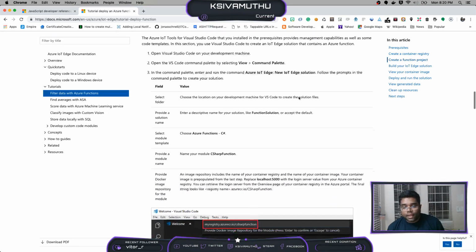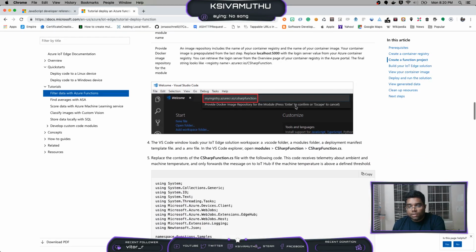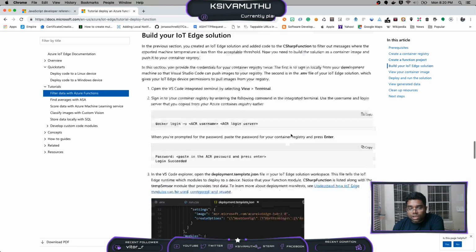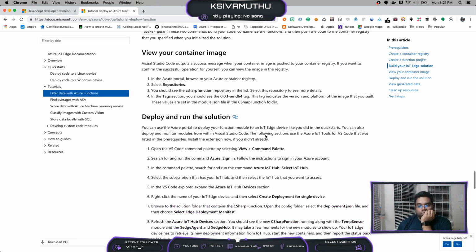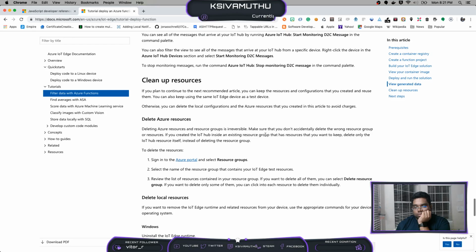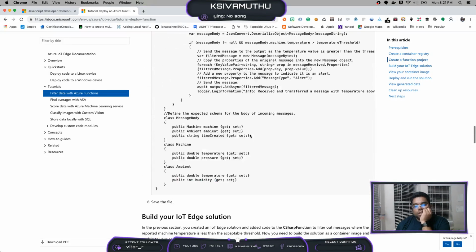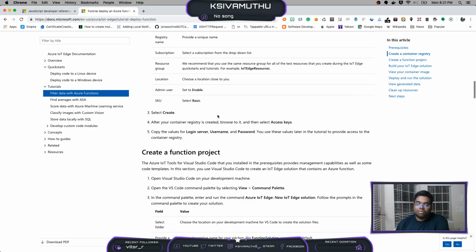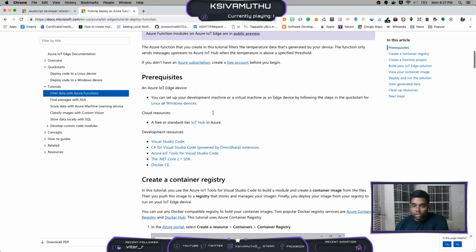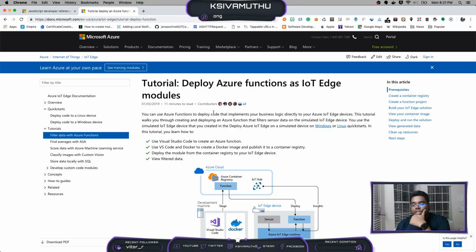So this one, let's see, create a function project, and they're having some C# function and building their IoT Edge solution. I want to develop this as a complete Node.js solution only, but I don't mind adding C# code. This can be even the filtering data. It doesn't necessarily have to be the Azure Functions. It can be anything. It can be even a custom module that listens for the event instead of the functions. So the function is like whenever